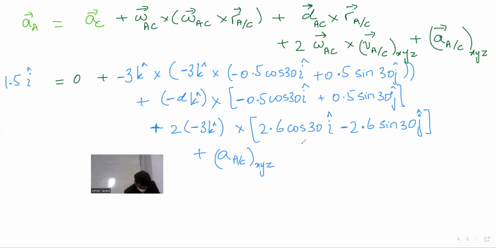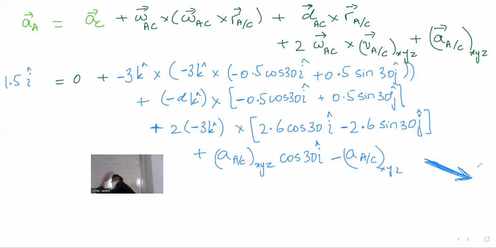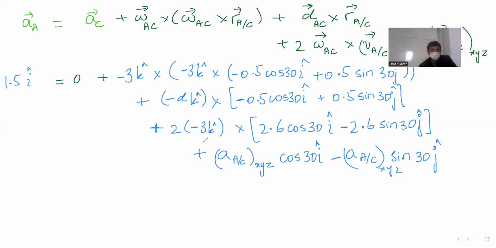Why don't you tell me, by the way? Cosine 30? But where is it in my notes, by the way? Okay, it's good. I did it. Cosine 30 I minus A_AC. By the way, the students who are answering, how are they answering? Because this is the arrow towards right and to the bottom. Okay, minus sine 30 J. Now, solving this becomes just solve it now.